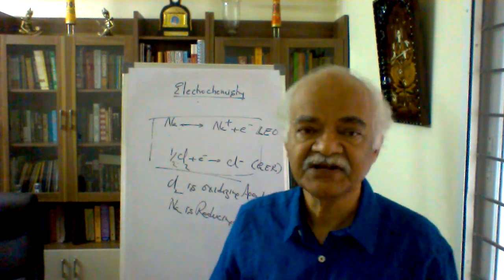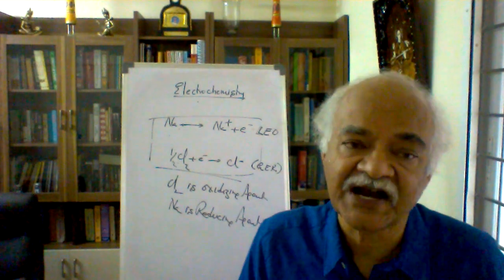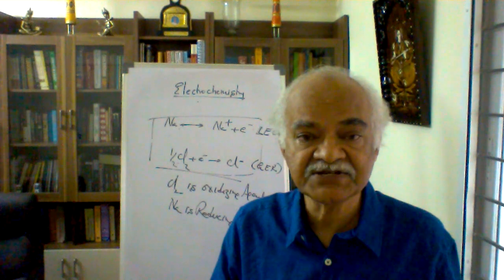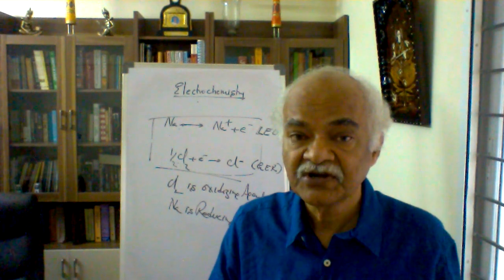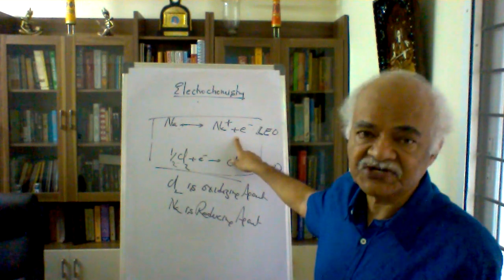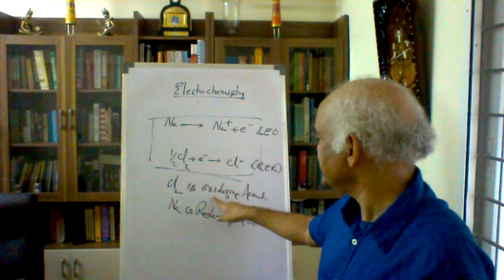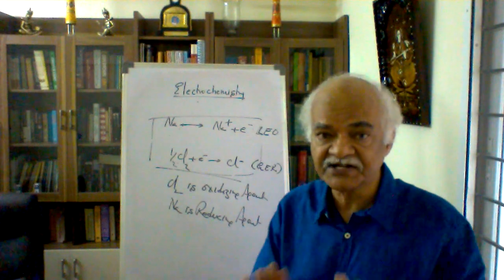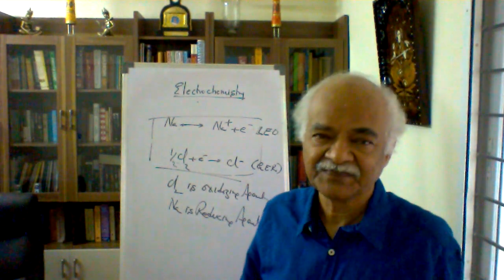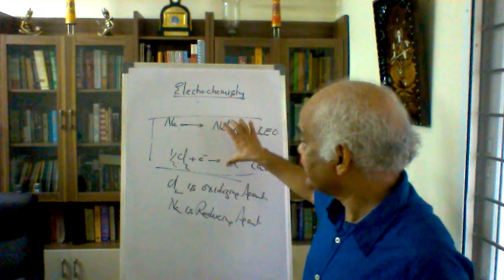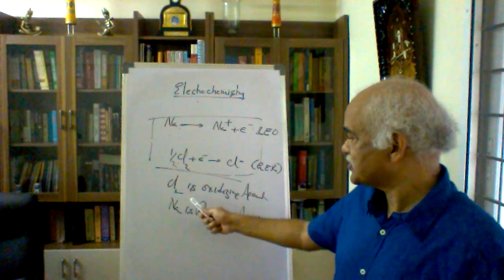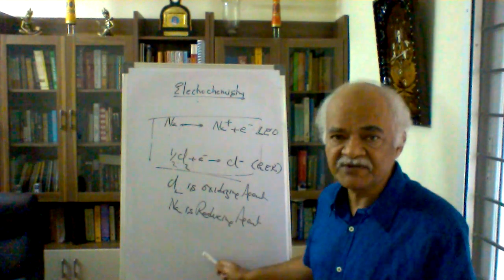Now, in this reaction, because this is very familiar, I've started with this. Hope you can easily recognize what is an oxidizing agent and what is a reducing agent. So, a reducing agent is the one, try to follow, which undergoes oxidation. And an oxidizing agent is one which undergoes reduction. There will be no confusion. The statements are very close together. So, after clearly monitoring what is happening here, I am able to confidently state chlorine is an oxidizing agent and sodium is a reducing agent.